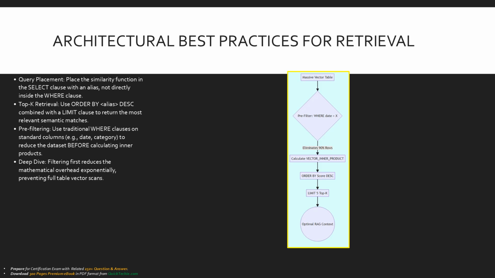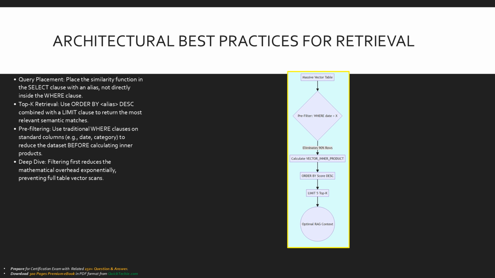Let's establish the architectural best practices for writing high-performance retrieval queries. Novice developers often place the similarity function directly inside a where clause to filter out bad matches. This is an anti-pattern that forces the engine to calculate the math for every single row before filtering. Instead, you should place the vector inner product function in the select clause and assign it a column alias, such as similarity score. To perform a top K retrieval, you simply add an order by similarity score desc clause, followed